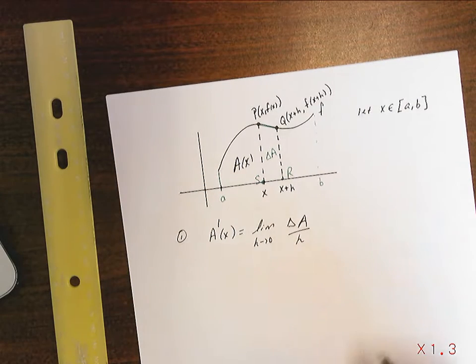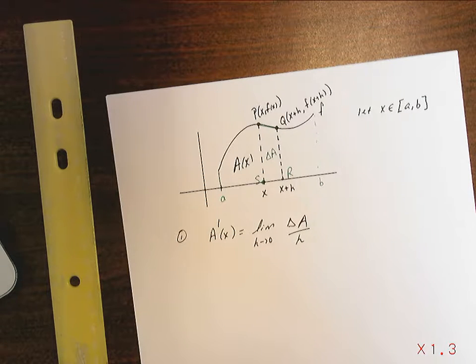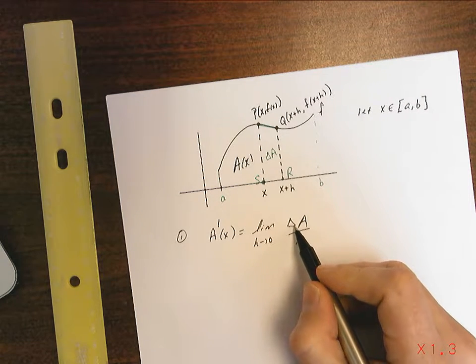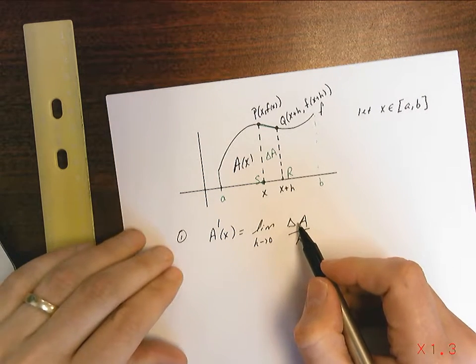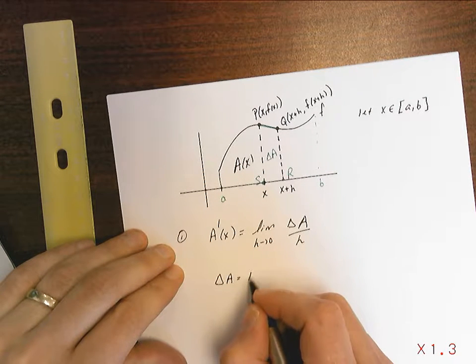So the change in A over h. Okay, it's kind of interesting. Now, this change in A, delta A, would be given by the area